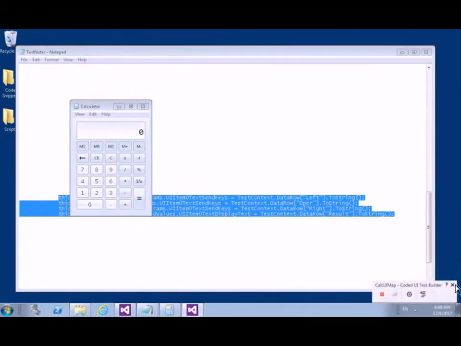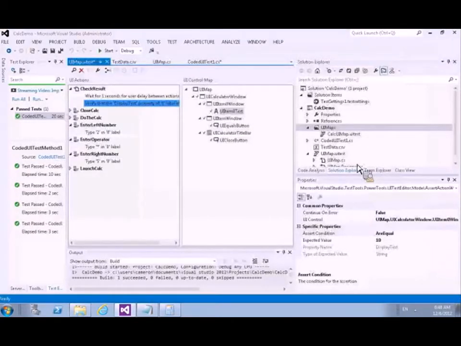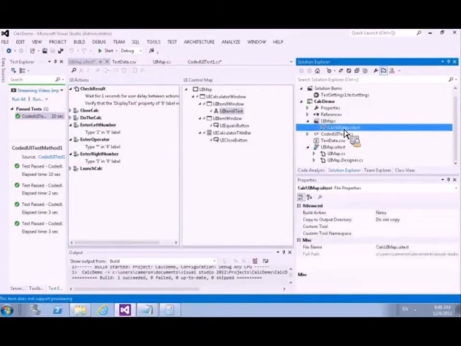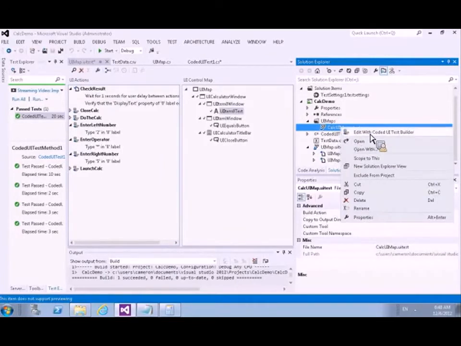I don't actually want to record anything at this point, but having got a UI map file here, when we want to add new actions in, we should always edit it with a coded UI map builder here